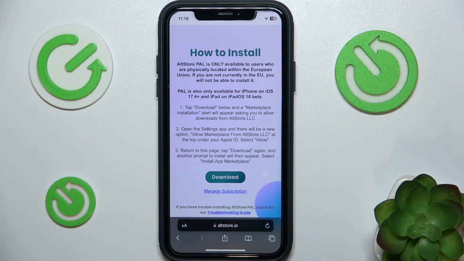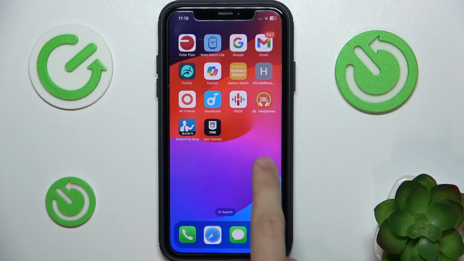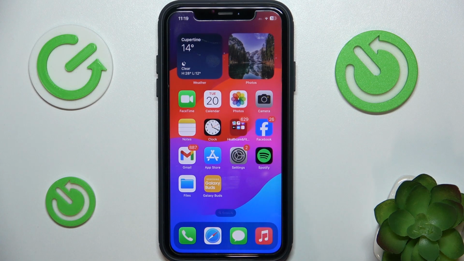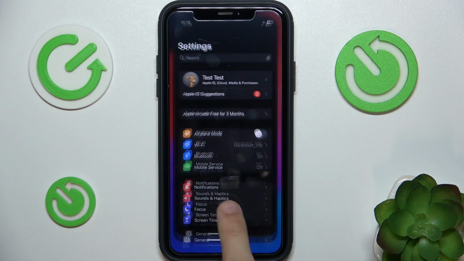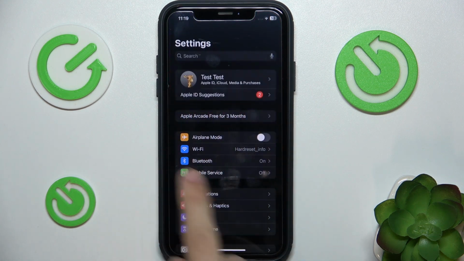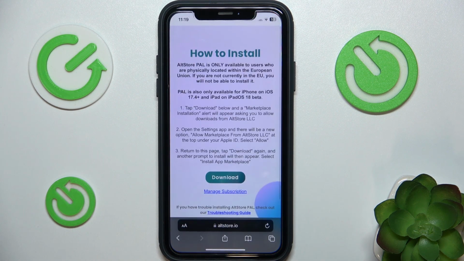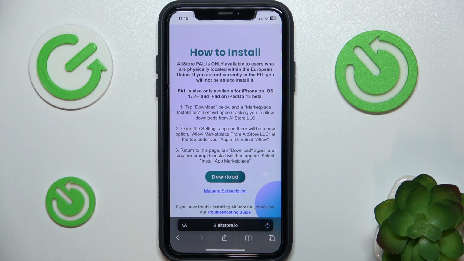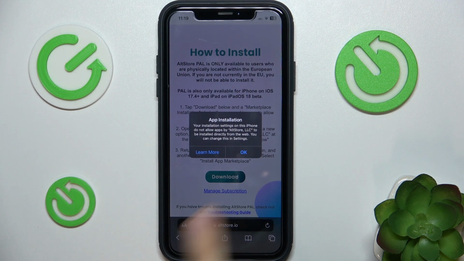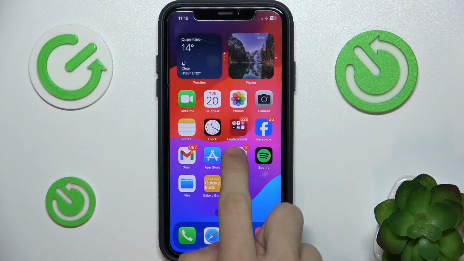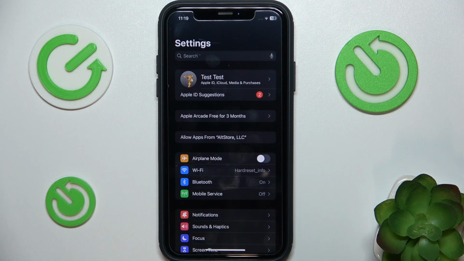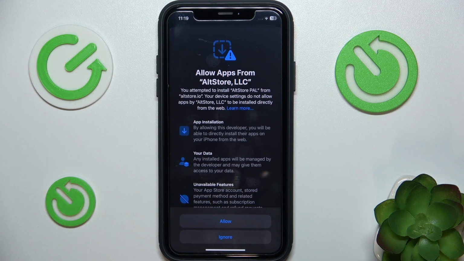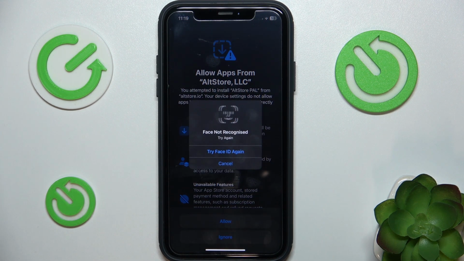then check if in settings allowing has appeared. It hasn't for me. In that case, if this doesn't appear, try clicking on download a few times. Then OK, and go to settings, and you can see allow apps from altstore has appeared. You can click on it, then allow, confirm with your Face ID or passcode,